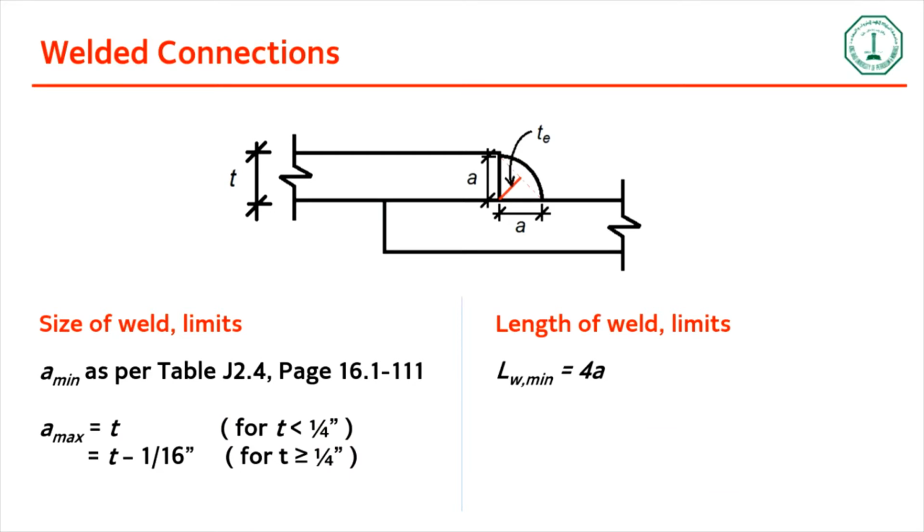So there are some limitations that have been given in the manual regarding the choice of A, because when we go into the design, we see we have two variables. One is the size of the weld and the other is the length of the weld. Usually we fix the size of the weld as per these specifications, and then we design for the length. Moving ahead,